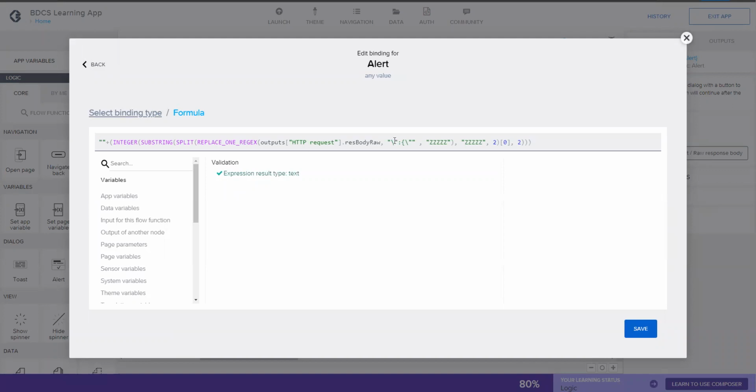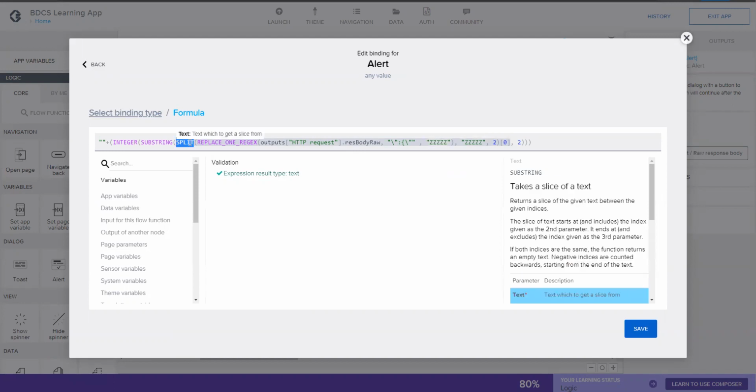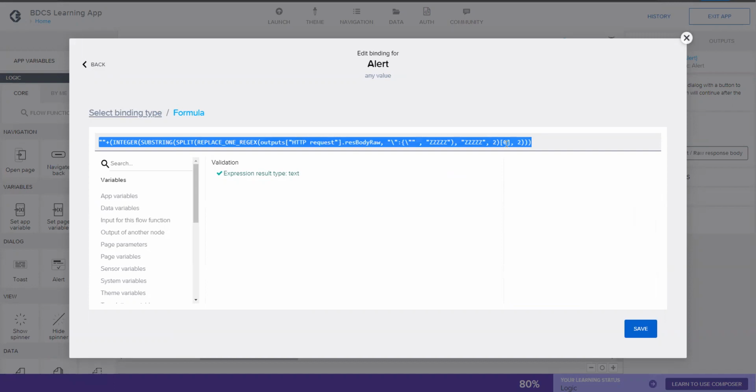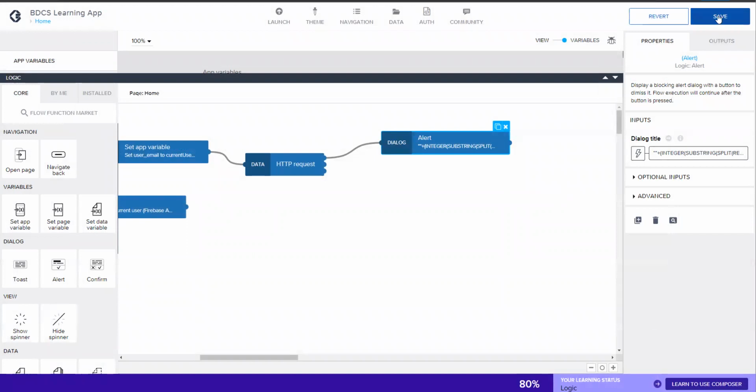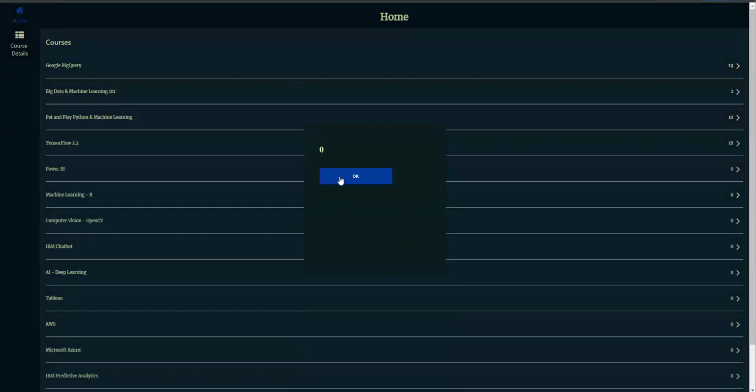What it does is it looks for this particular pattern and replaces this pattern with 5 Z's, and then splits this string with Z, and I'm going to get the first one. This is a complicated calculation I have created to get the ID. I'm sorry, this is how I got the success. So I saved it, I go back and see you get only 0.